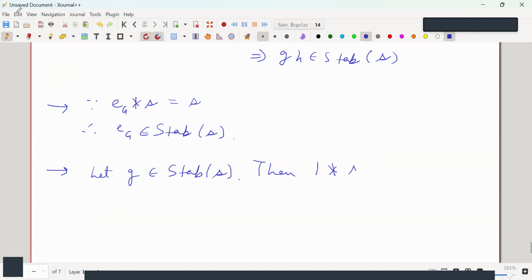So 1 dot s is s, then s is the same as 1 star s, which is the same as g inverse g star of s, right? But due to the property of group action,